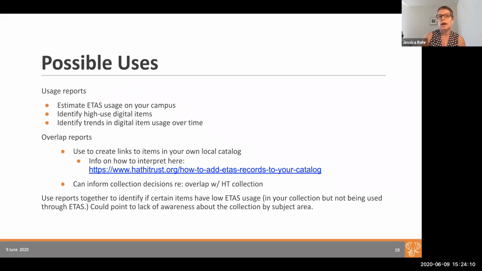You're able to kind of combine these reports too. So there's different ways to slice and dice the data and maybe understand not just the high usage items, but items that are in your print holdings, so in your library, on your shelves, that have a match in HathiTrust, but that aren't being accessed. So there's different ways I could see where you might be using that information, both for collection management, but another